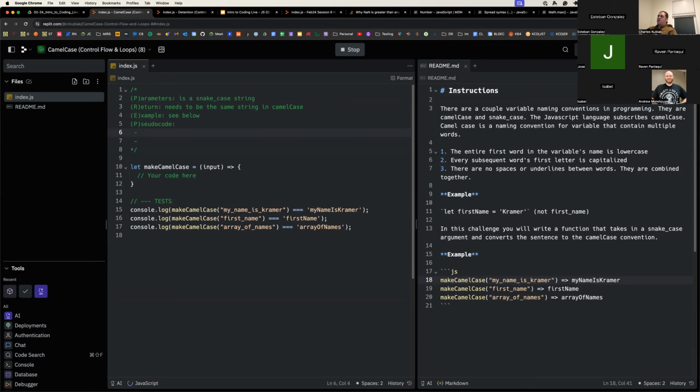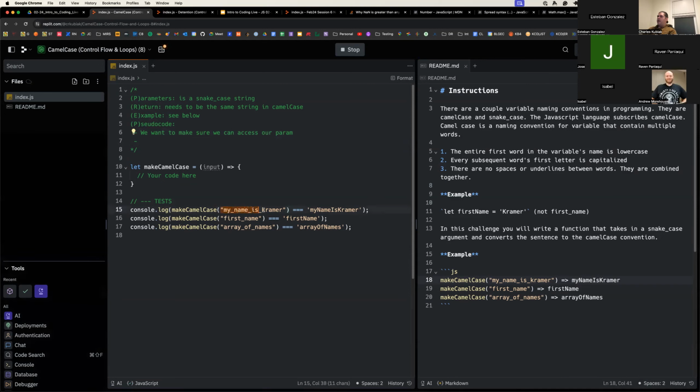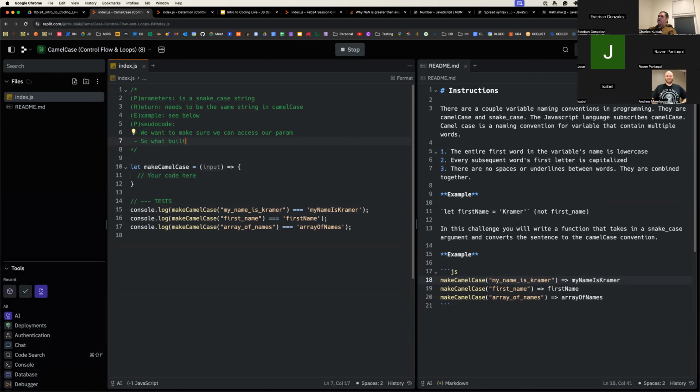Okay, so first, as always, we want to make sure we can access our param. So next, we know that we have one string. We know that we want to get each individual word and we need to get rid of all of these underscores, right? So what built in